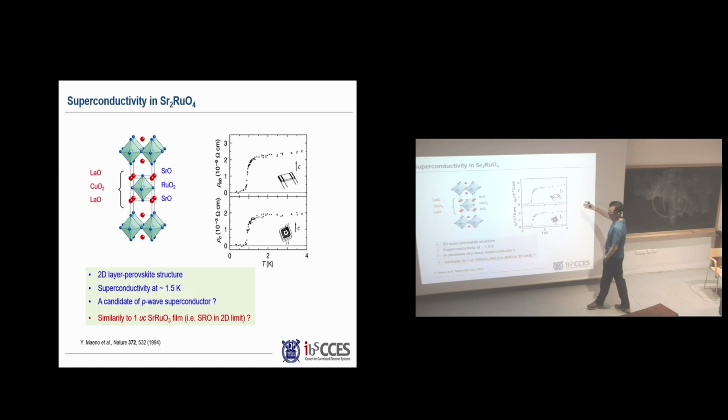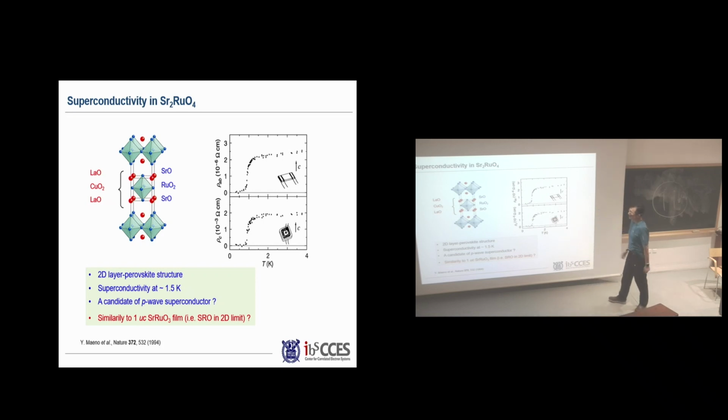So for a long time, many people believed that this is a P-wave superconductor, and originally thought that this is a really good candidate for a topological superconductor. However, recently, they did all the experiments again, something like Knight shift, neutron scattering, and so on, and they began to realize that it's maybe not a P-wave superconductor. So there is a lot of debate still going on about this compound. But experimentally, it's quite difficult to grow this thin film. Maybe later on, if you ask a question, I can answer why, okay?